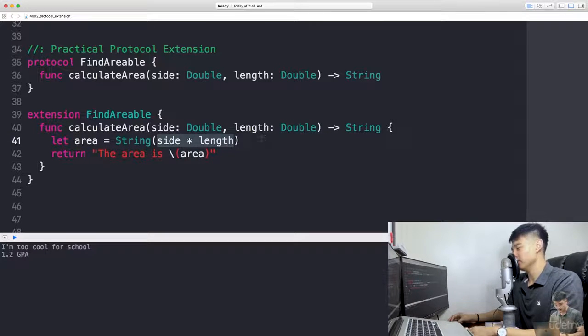It can be more technical, but that's not the point of this example. The area you can return is something like this. Okay. So now, if you have a square, if it conforms to